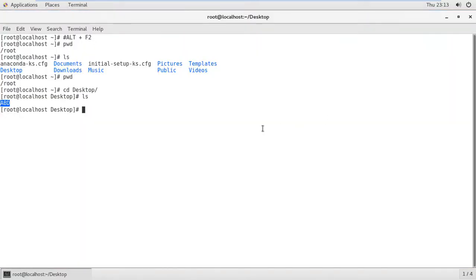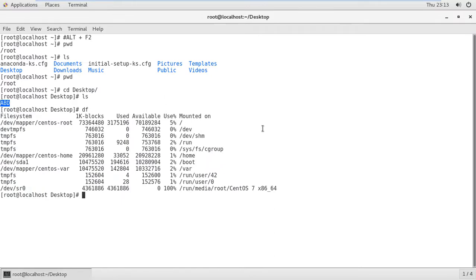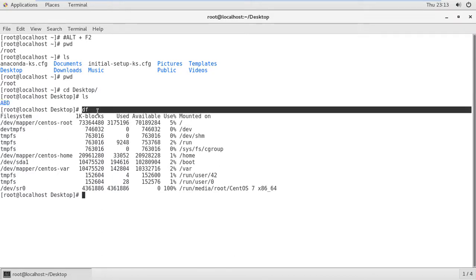Now you can see the df command is also there. I think lots of users and students use the df command for checking what is mounted on my Linux machine. I will show this in an advanced lecture. This is only the command, I'm just putting the command and showing the output, that's it.